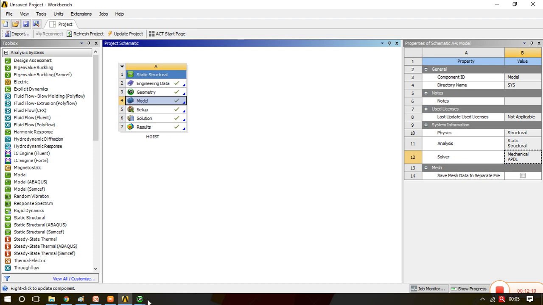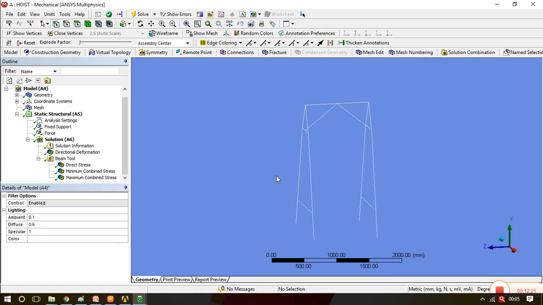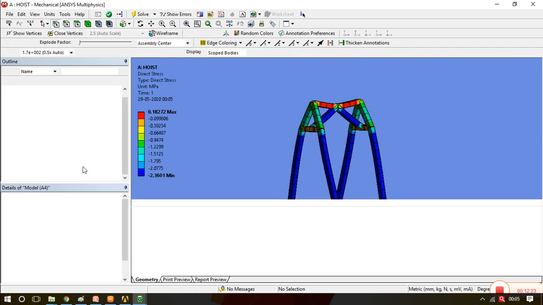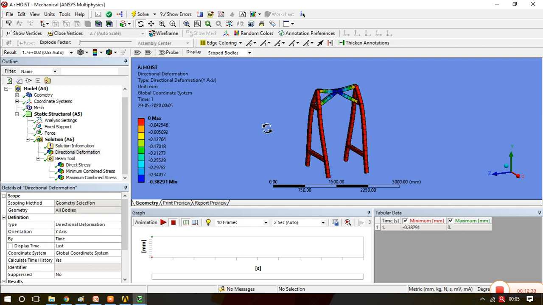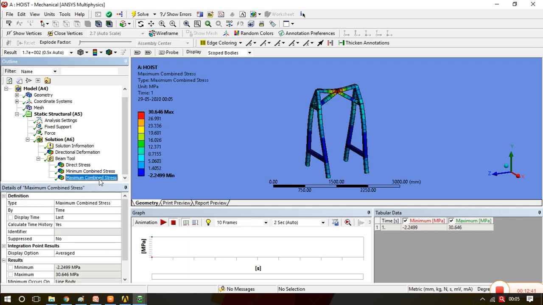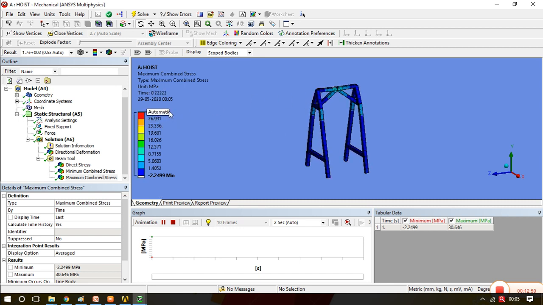Once the project is updated, go to the ANSYS Mechanical and you will see the new results. The directional deformation is reduced now. In the previous case it was around 0.6 mm, now it is only 0.38 mm. Due to this support, the directional deformation is reduced and the maximum combined stress is also halved. In the previous case it was 66 megapascal, whereas due to these two supports it is now 30 megapascal.